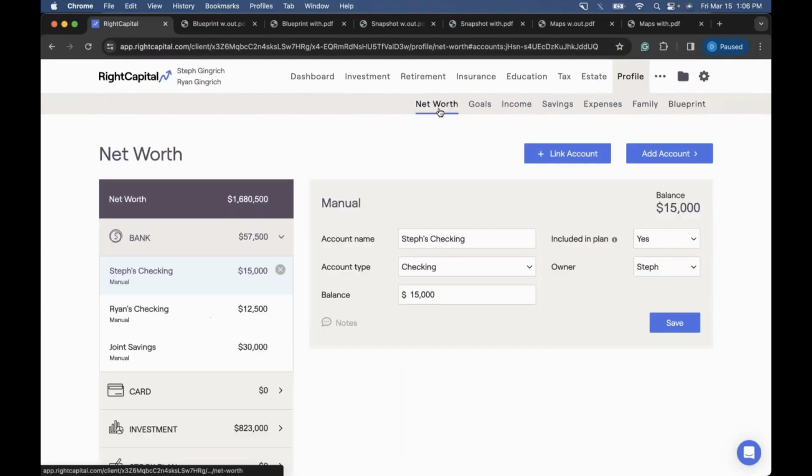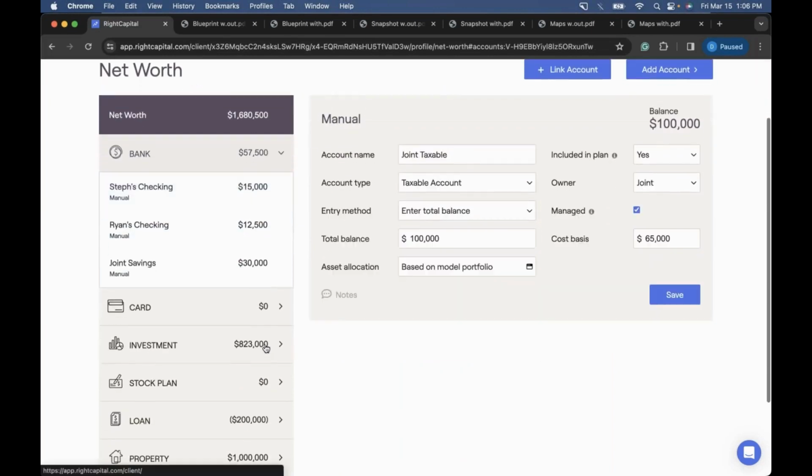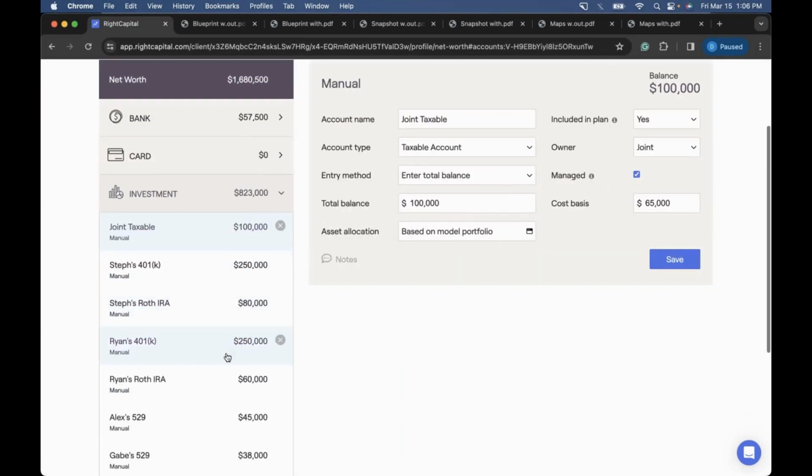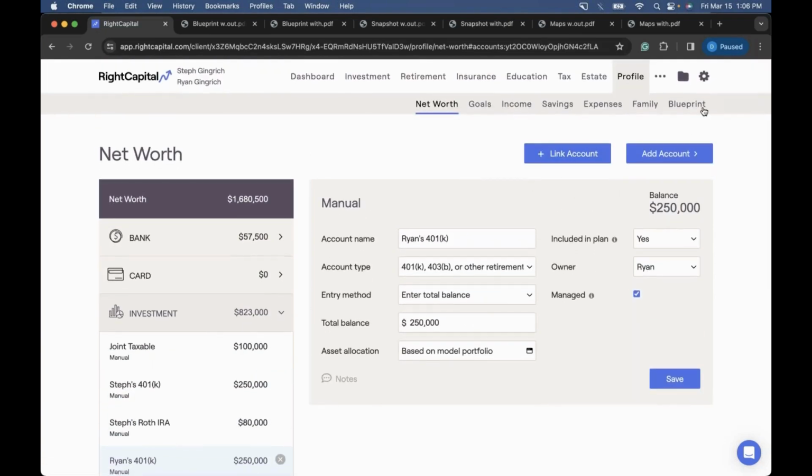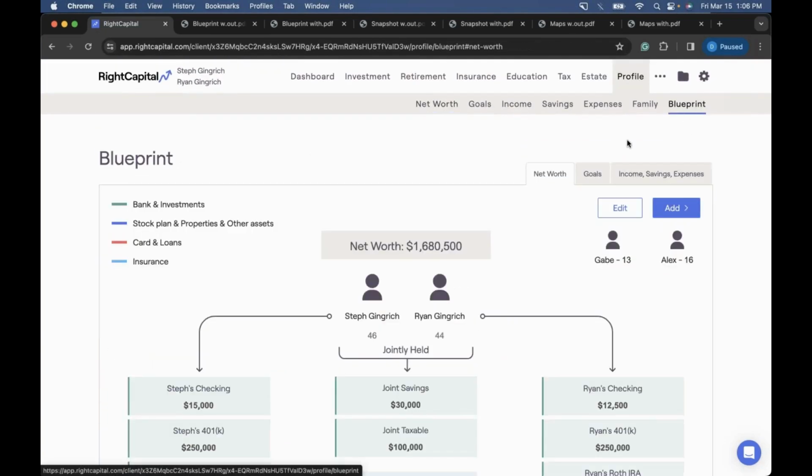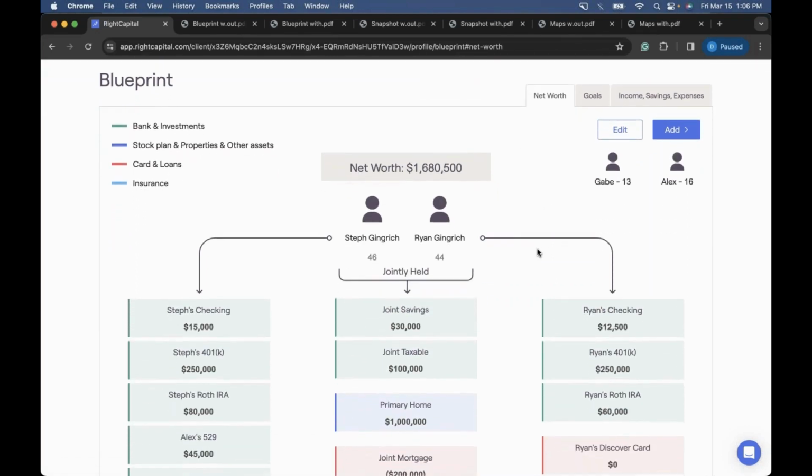So if we click into the net worth section of the profile here where all of our investments live, we can see the updated balance for Ryan's 401k as well. Perfect. The next thing that I want to mention with the blueprint is that we can sort of tailor the